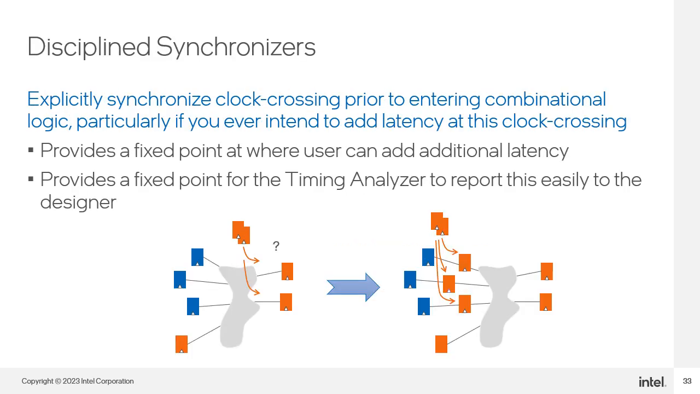Ideally, all synchronizers should be well disciplined. In other words, all synchronizers should go directly from register to register across the clock domains without any logic in between. This gives a fixed location where pipeline registers can be added easily. If you have an undisciplined synchronizer, then the recommendation is to move that logic into the source or destination clock